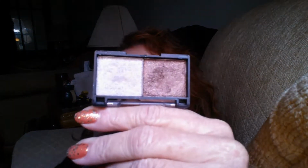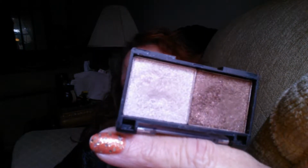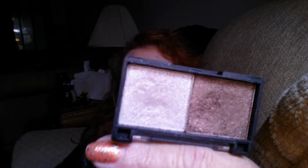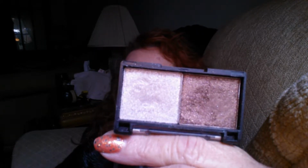Last week's palette was the e.l.f. Shimmer eyeshadow. This was a coppery brown and a very light silvery color. I think you can see a little bit of use in this. It was brand new when I started it last week,